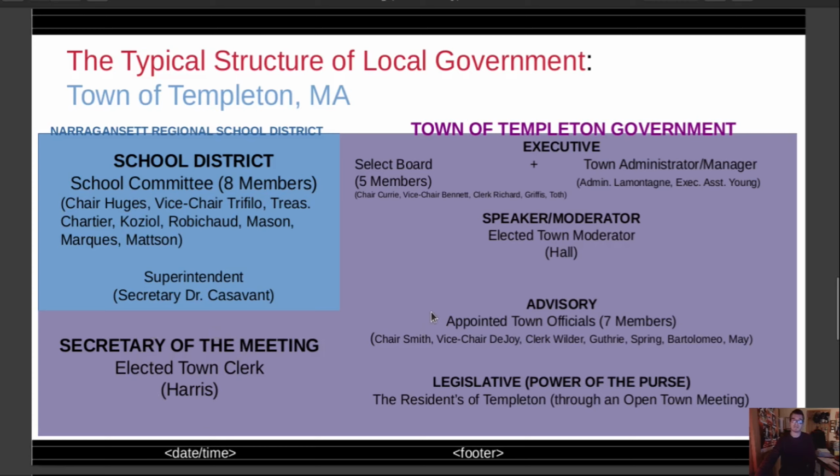In an open town meeting, if there are 7 people, usually what happens is when a motion goes to the floor and an article, an item is about to be voted on, there's going to first be a voice vote, and then if 7 people stand up and challenge the results of that, it goes immediately to a hand vote. So then you have to stand up or sit down and put, usually they'll give you colored pieces of paper that have been printed out to designate that you are a resident of the town that you're voting in.